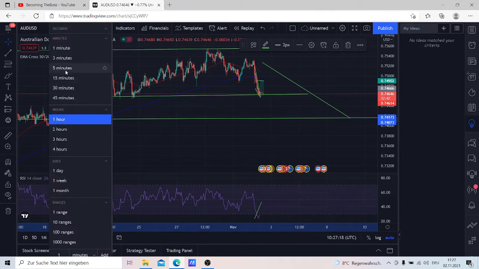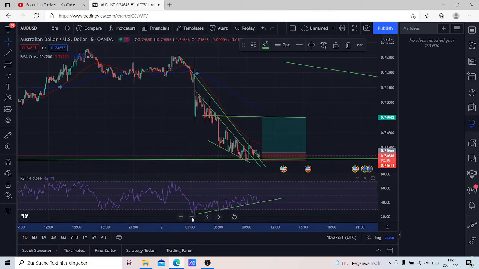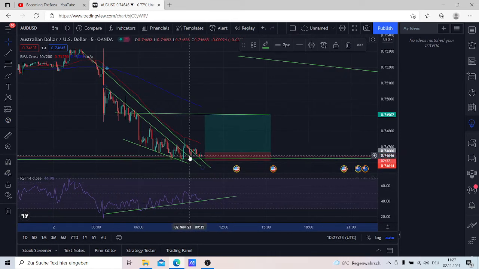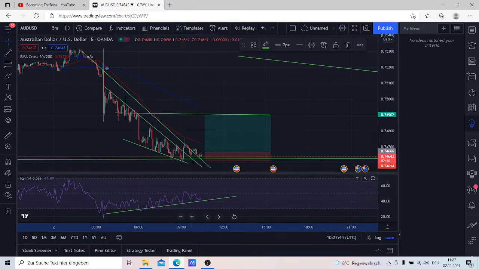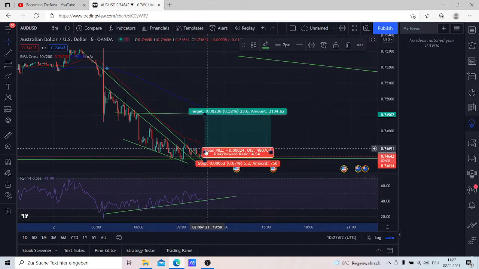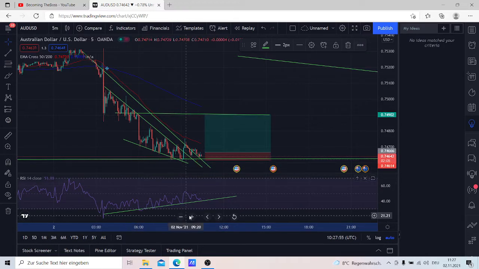But now I'm looking for a short scalping strategy, which means here we had lower highs and lower lows. Here we had kind of a double bottom and the RSI turned around, so we broke out of this green line, the first one, and here is the second one that we are trying to break out right now. And the RSI is forming a divergence after we saw lower lows and lower highs. Here we had lower highs and higher highs. So what I'm actually waiting for is a